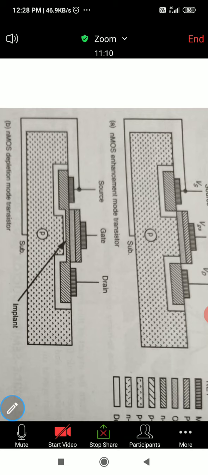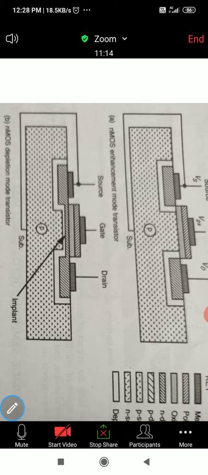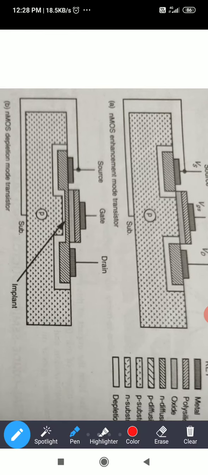Okay, your implant is there. That is what we call a channel. Here the channel already exists in the depletion mode transistor, whereas in the enhancement mode transistor, the channel is not present. When we apply gate to source voltage greater than threshold voltage, then only the channel